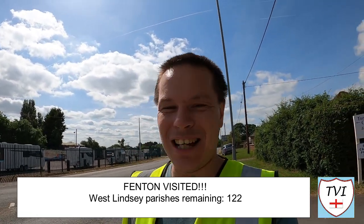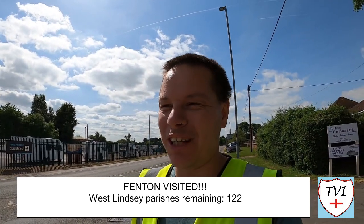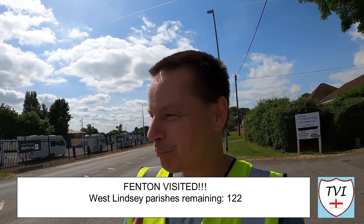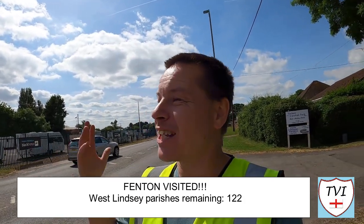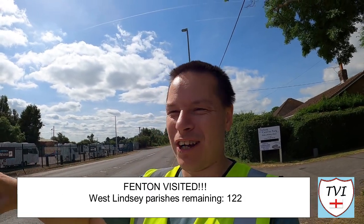A lot to see, and a lot that's beautiful as well. I mean, the Fossdyke is a beautiful canal anyway. I would say that because I'm from Saxelby, but yeah, it's certainly nice when the sun gets up, when the sun gets on the water and you're looking over the lock. It's brilliant. And let's not overlook Fenton too, because that's also a nice little village situated on the A156,